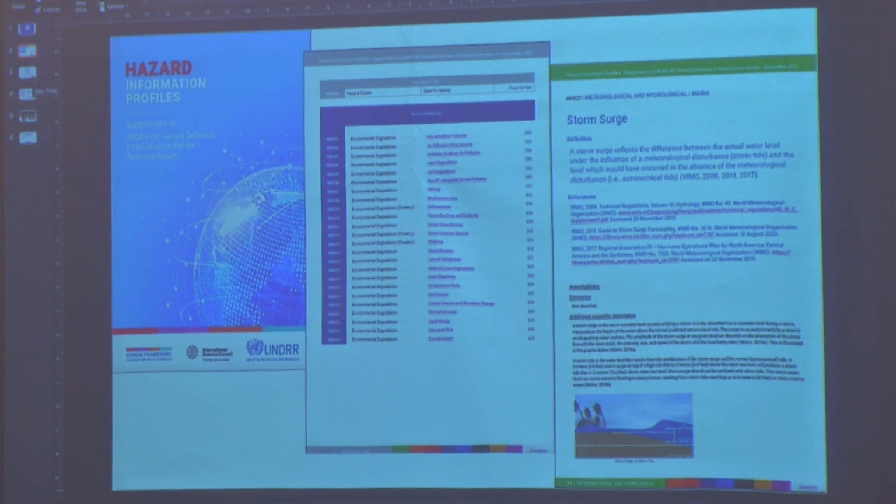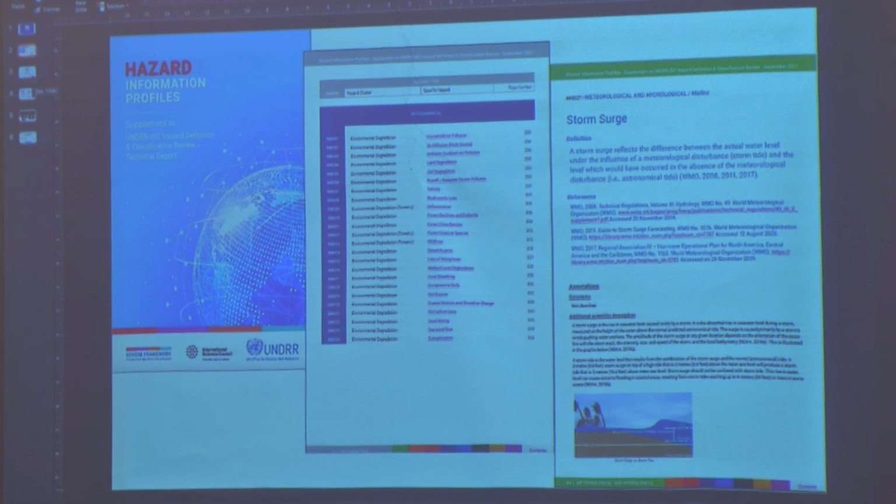And we are discussing with UNDP and other partners how we might bring some of the feature set of the NRIP into the DRIP, recognizing that the DRIP is a premier product for Bangladesh, one that has been endorsed by the government, and we very much see opportunities to collaborate to bring some of the risk information that we're collecting into the DRIP. And let me just pause on what I mean by risk information that we're collecting.